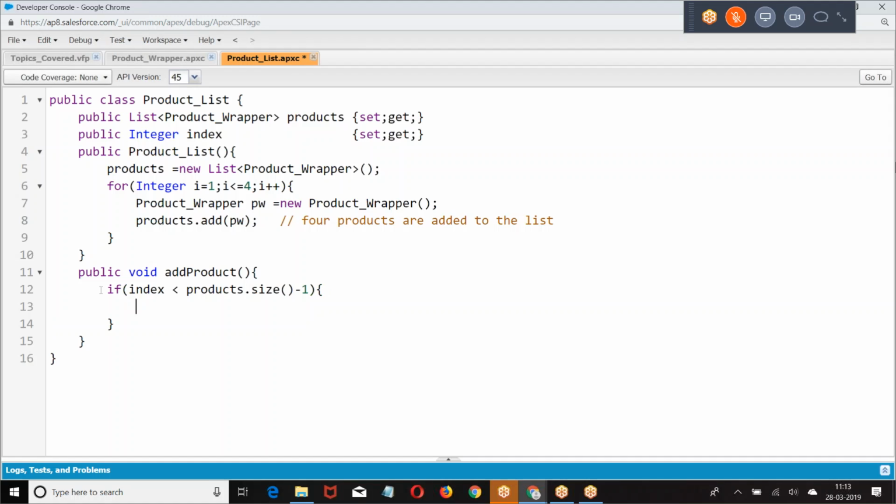If index is less than size minus 1. If the index value is less than the last element... now how many elements are there? 4 elements are there. What is the index we have? If index is less than or equal to 3, then I can say products dot add index comma